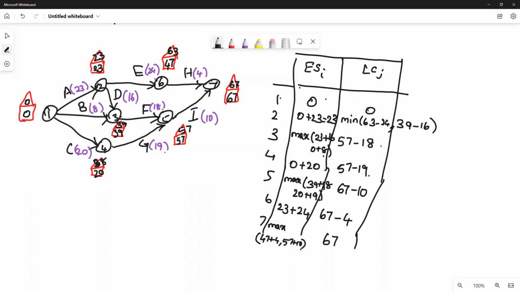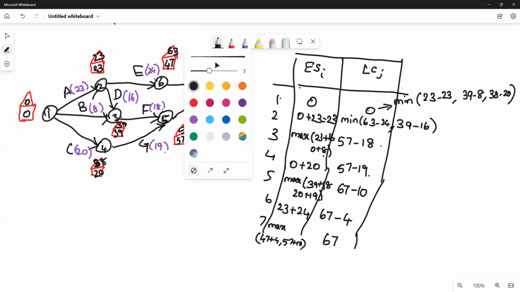Let us check it. Because there are 3 activities going out, you have to find for 3. So minimum of 23 minus 23, comma 39 minus 8, comma 38 minus 20. What is minimum? You have 0 here. So 0 is the minimum. You have got it. Okay. So this is how you should find earlier starting and latest completion time. After that, we have to finalize with the